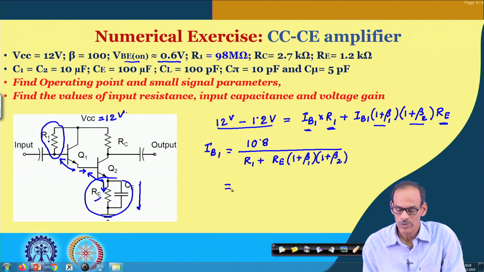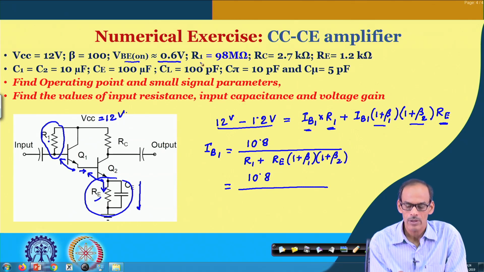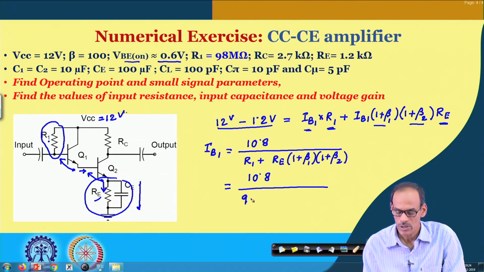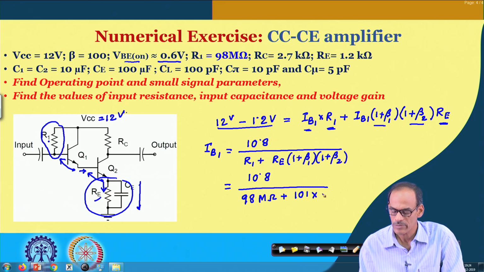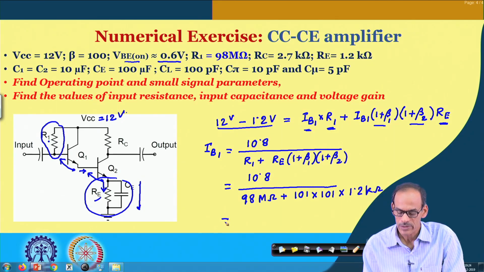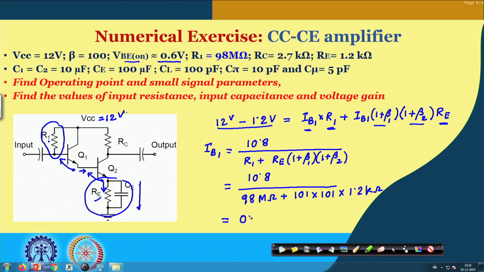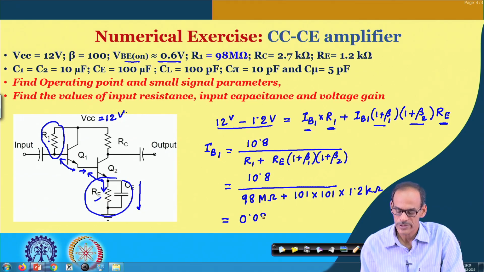So, if we put the value of these resistors, then what we are getting is 10.8 divided by 98 mega ohm, and then (1 plus beta 1) is 101, multiplied by RE, which is 1.2 kilo ohm. In fact, that gives us close to 0.1. To be more precise, in my calculation it came to 0.097 microampere,